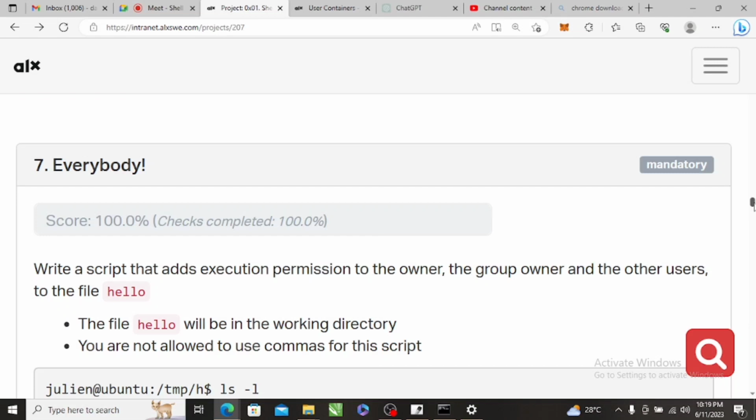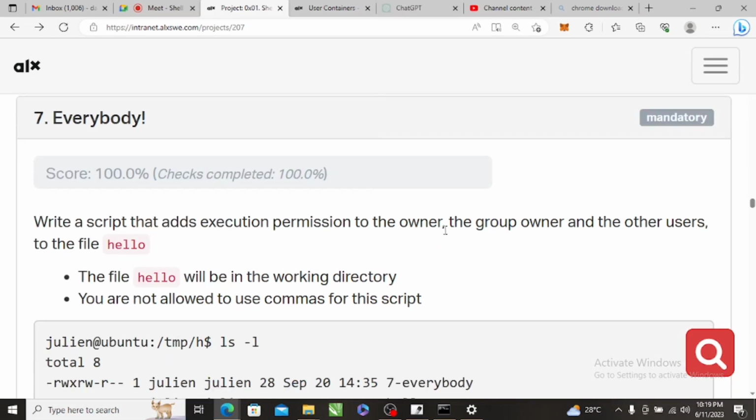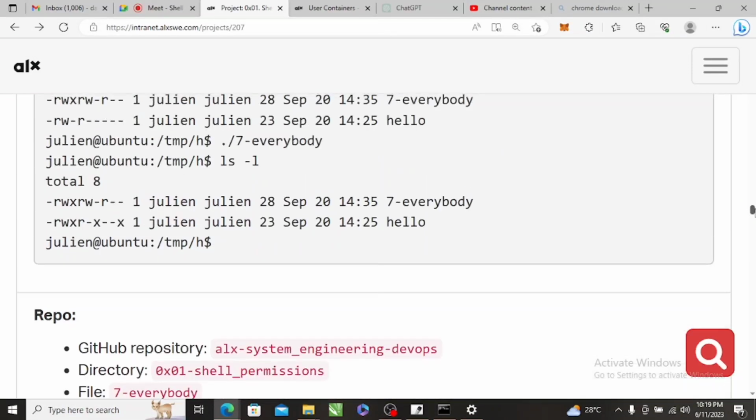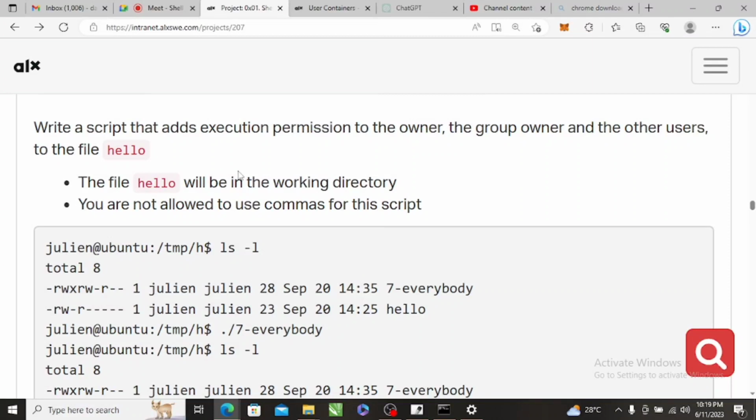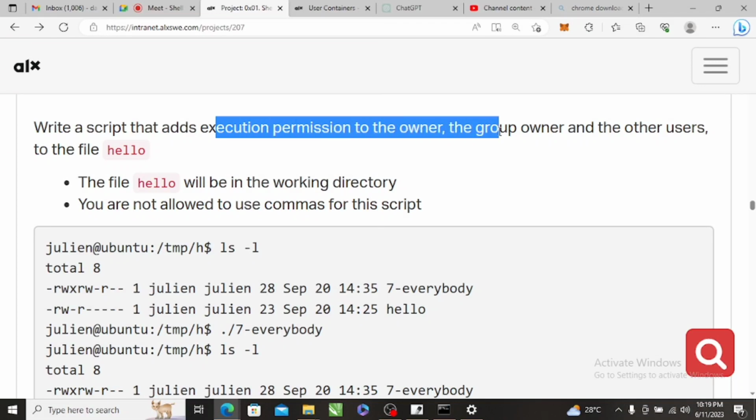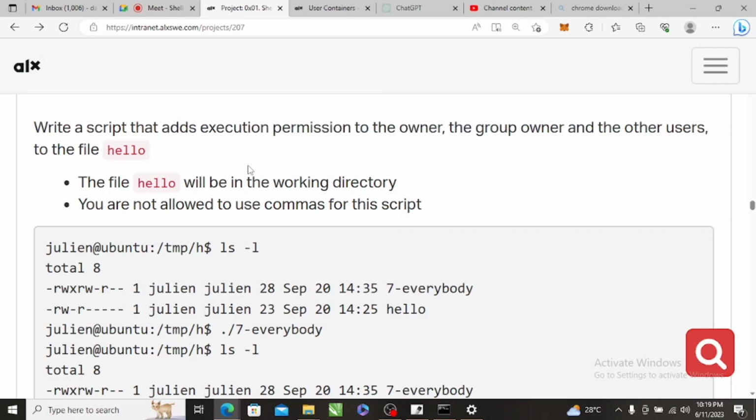So number 7, write a script that adds execution permission to the. I think we've done this one. Have we? Is this what we just did? Okay, no. Write a script that adds execution permission to the owner, the group owner, and other users. Okay, it adds execute to the owner, group owner, and other user. Okay, this one is simple. This one we could just do